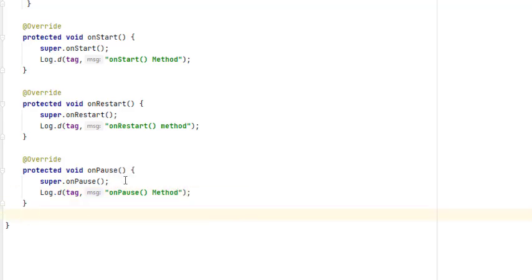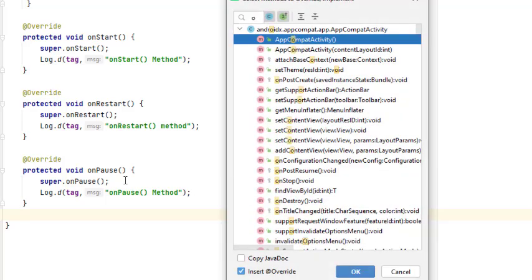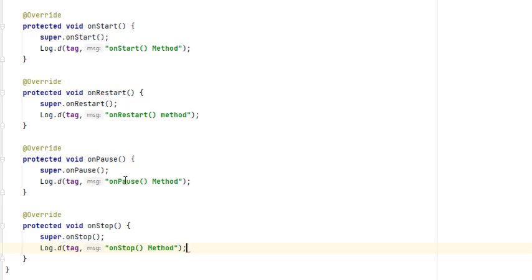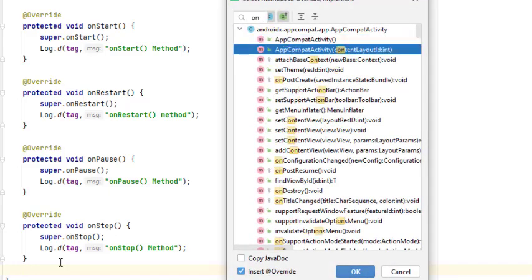Then Ctrl+O, onStop. Then again print Log.d, tag, "onStop method". Then we have already overridden onStart, onRestart, onPause, onStop. Then press Ctrl+O, onResume,